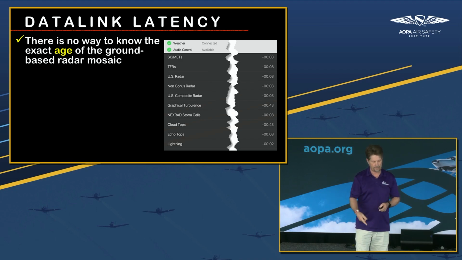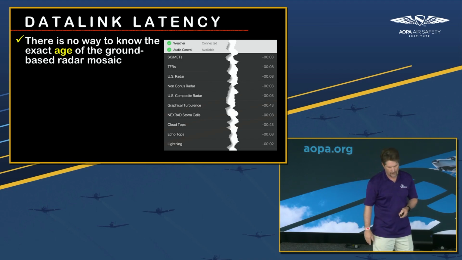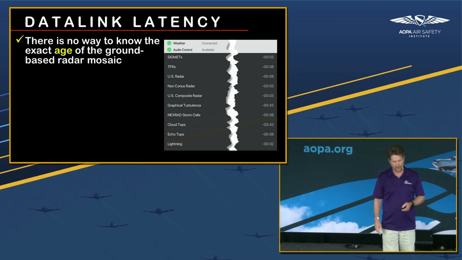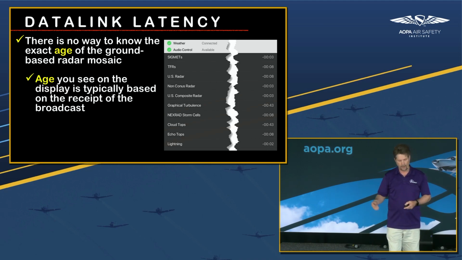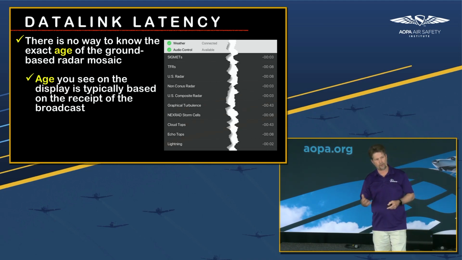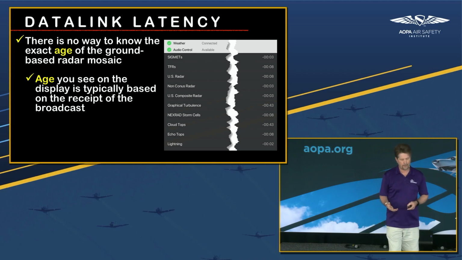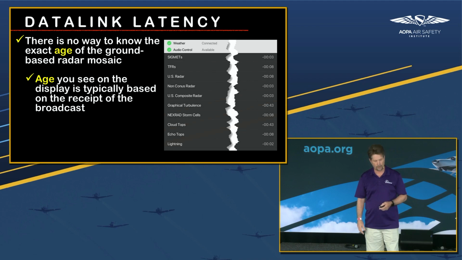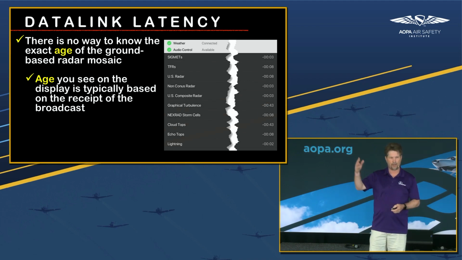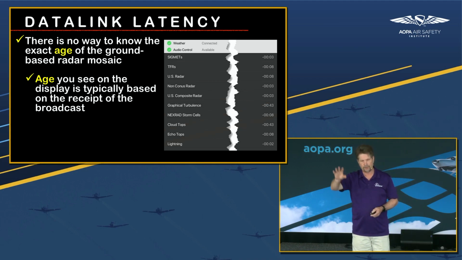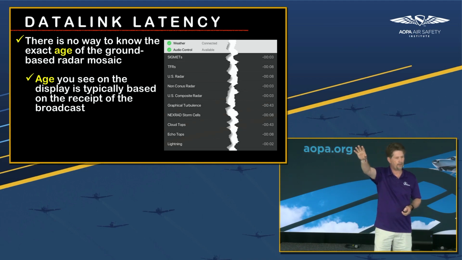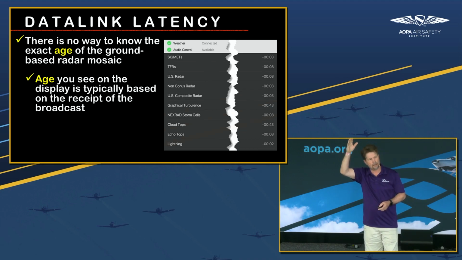Now you see here, this is Garmin Pilot, and you see on the right side, this gives you the age of all the different products coming in. Basically, this is essentially when that particular data was updated on your display, when it was received. And there's lots going on under the hood here that we can talk about. So that age that you're showing there doesn't mean that that's how old the radar is compared to what you see outside the cockpit. That's basically a